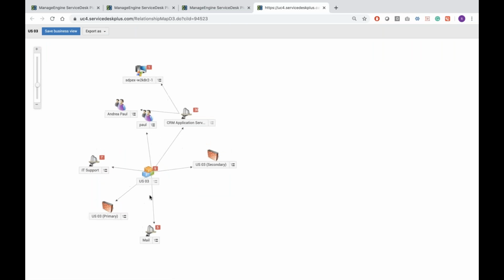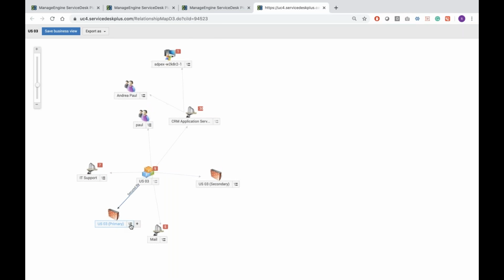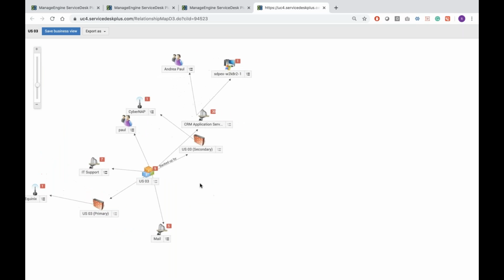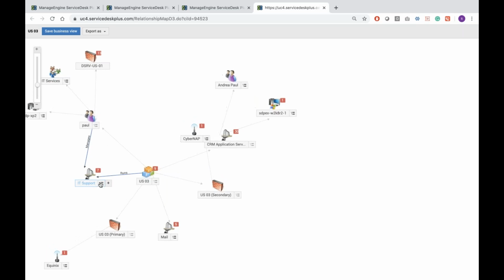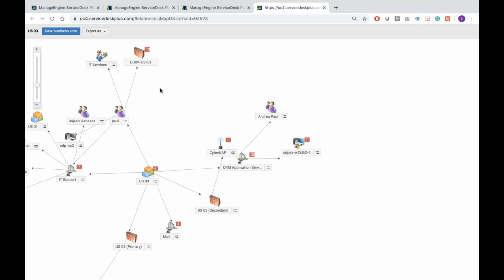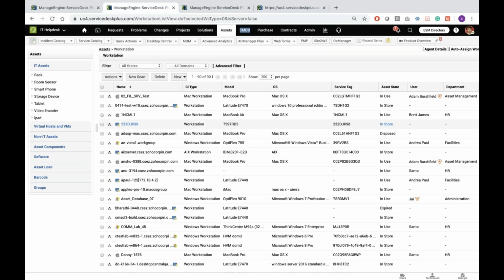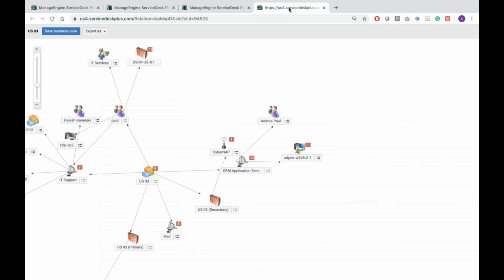So here is the data center. It talks about the applications, the services, the firewall configurations, how they are set up, who the technician teams are that are taking care of it, and what other services it depends on. So you could frame all these relationships. The primary thing is that you need your asset management portion, and you need to have your IT service management concepts set up perfectly. When you do that, you could use tools like the CMDB to understand the impact of a particular service or an asset in your organization.